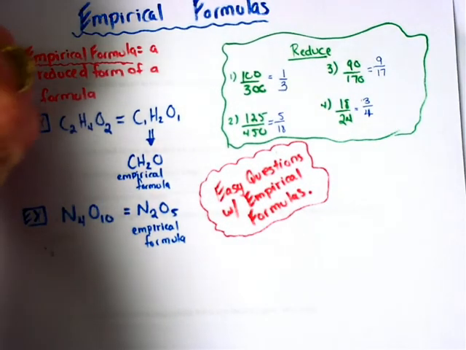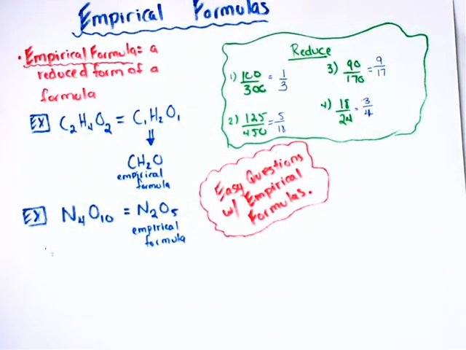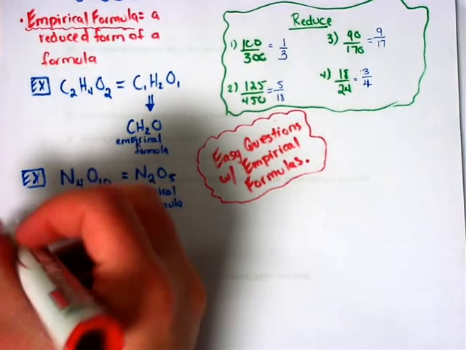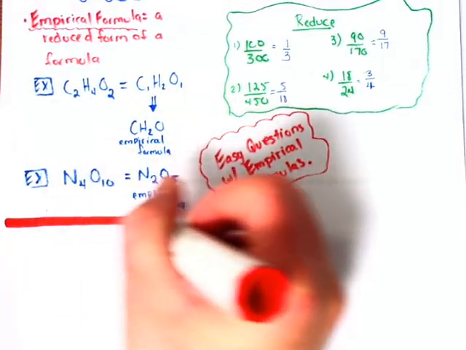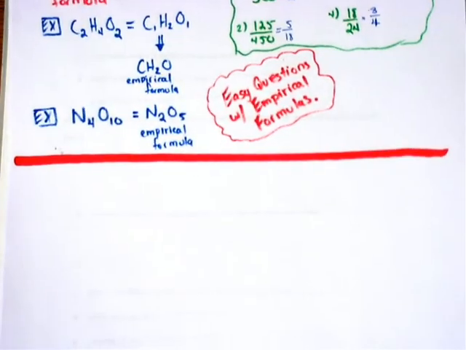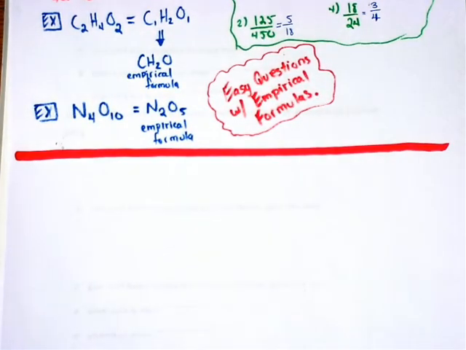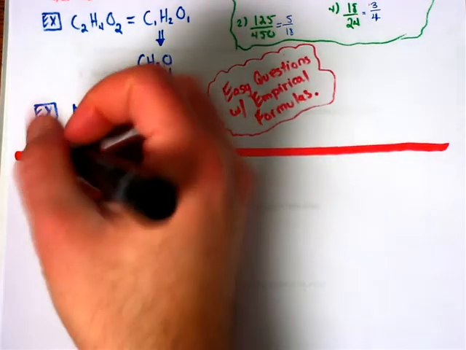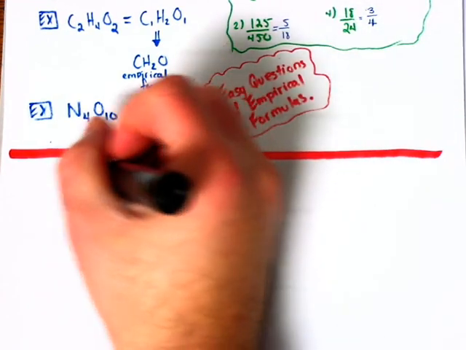Now I'm going to divide this up, and then I want to show you how the questions could become a little bit more complex. So now I want to spend some time talking about problems that involve some math, some serious math, in finding empirical formulas. So we can title this next little section,